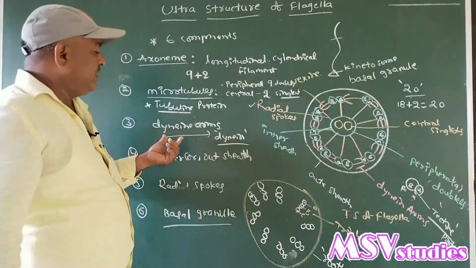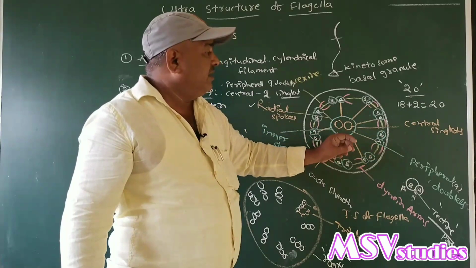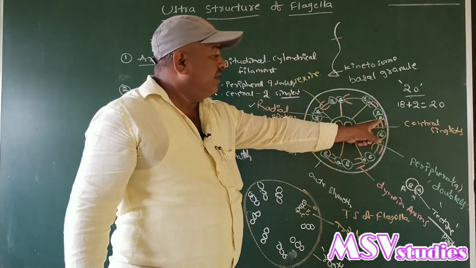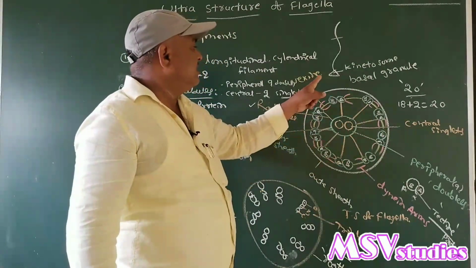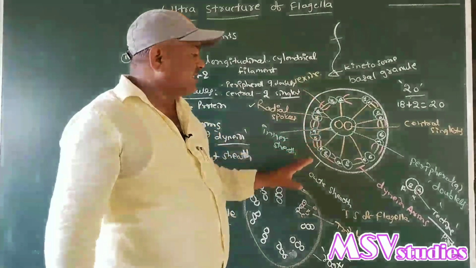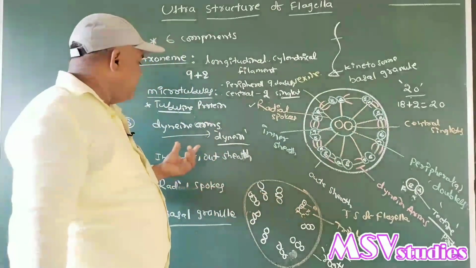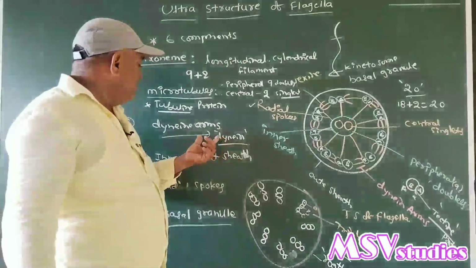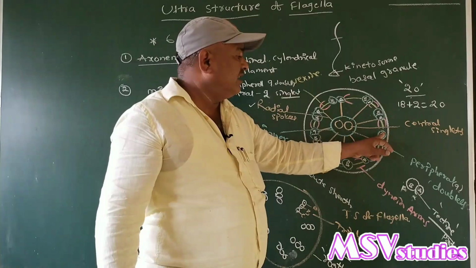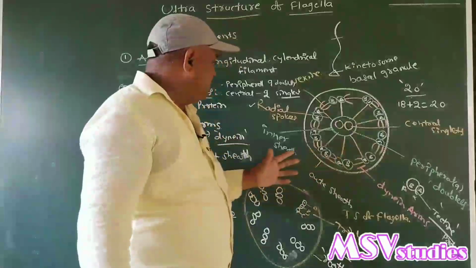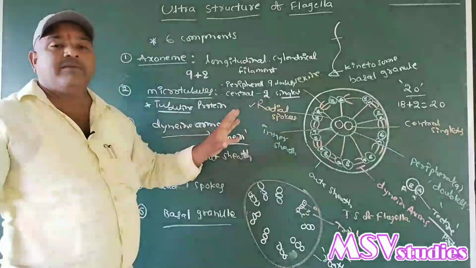And next, dynein arms. The peripheral microtubules are connected one to another. The A microtubule is connected to the adjacent B microtubule by nexins. These are linkers. The A microtubule has one pair of dynein arms, made up of dynein protein. The arms are attached to the A microtubule and the adjacent B microtubule. These dynein arms help restrict the bending movement of the peripheral microtubules.